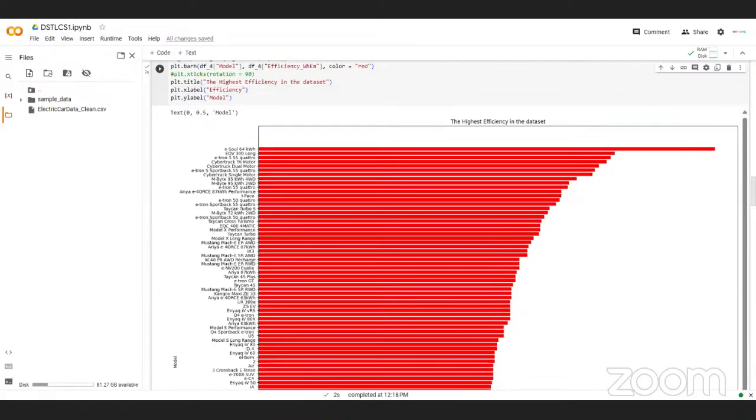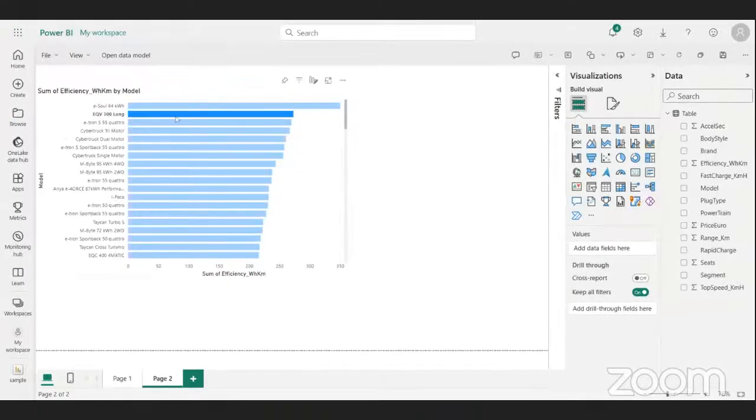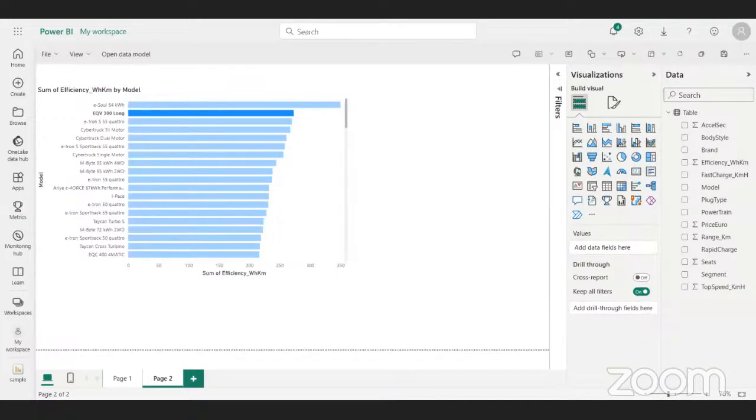And if we change to the Tableau visualization, that is exactly what Tableau was telling us: that the highest efficiency is for the ISO 64 kilowatt 100 and the EQV 300 long. So you can see that this is the same visualization. But then again, we now have to be careful in interpreting these visualizations, because if we bring it out now